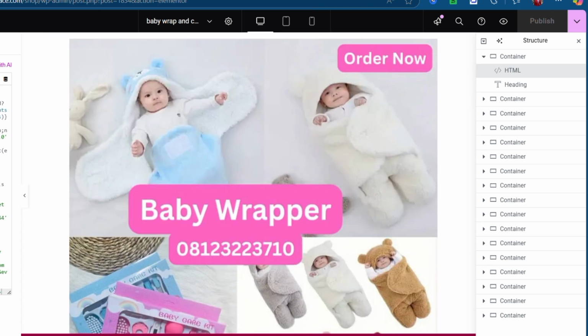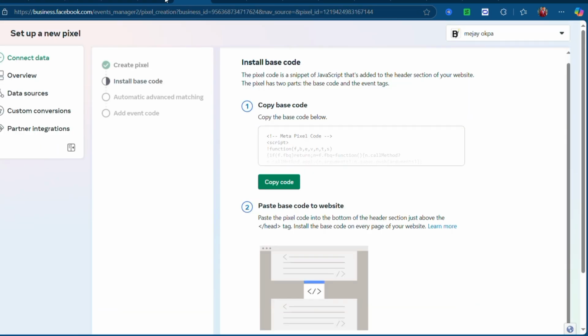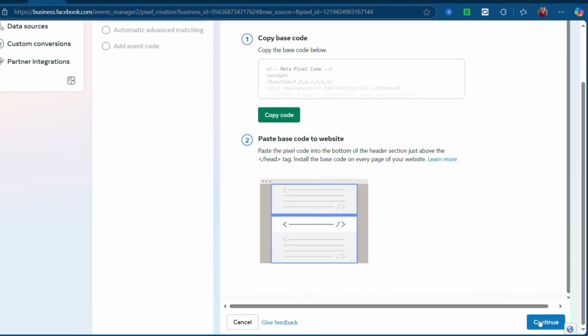So the next step now is for us to go back to Facebook and see what is happening there. One thing I like with this Pixel, it's very smart. It can track whatever comes into your website. It all depends on how you set it. So now back to Facebook. Right, we're done with the first step, connect Pixel. We're done with second step, install Pixel code. Right, we're done with that one. So the next step is just to hit continue,